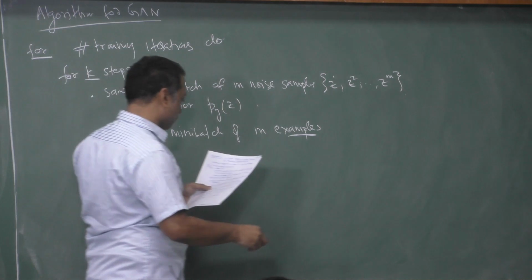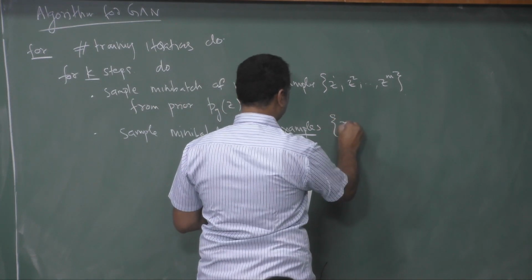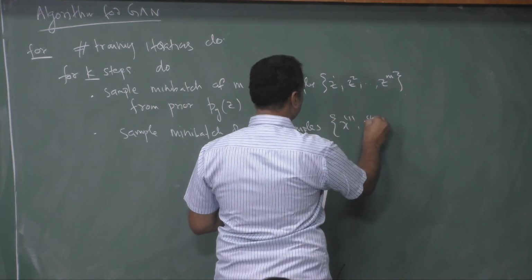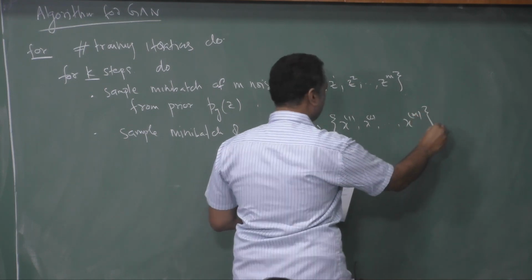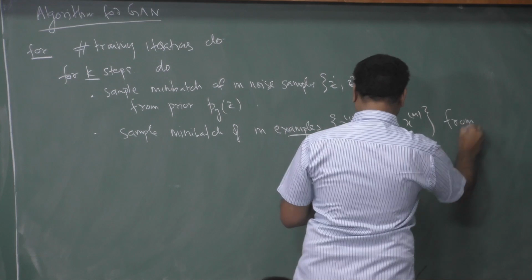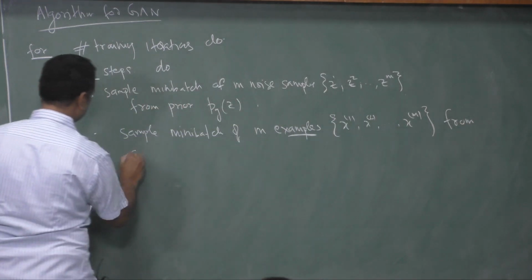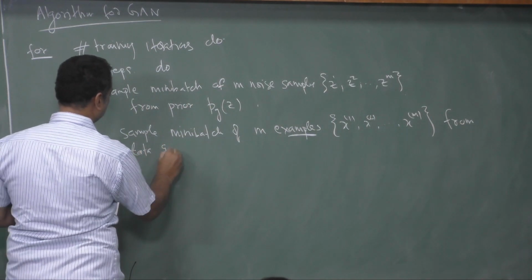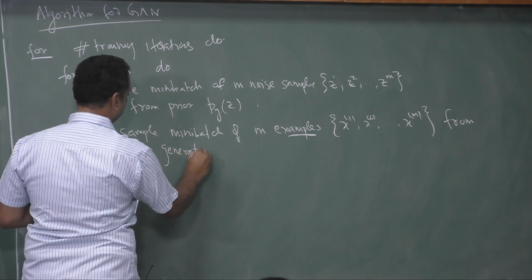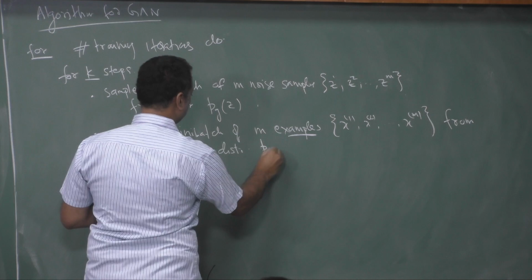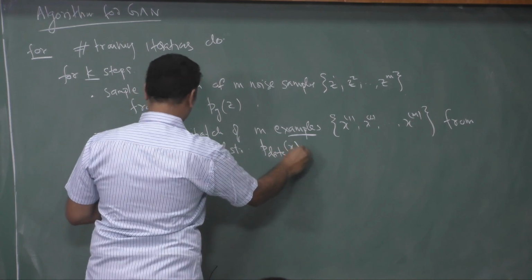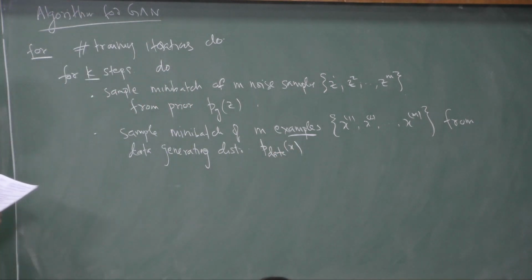These are the example samples, all the same thing, from the data generating distribution p_data(x), and then update the discriminator